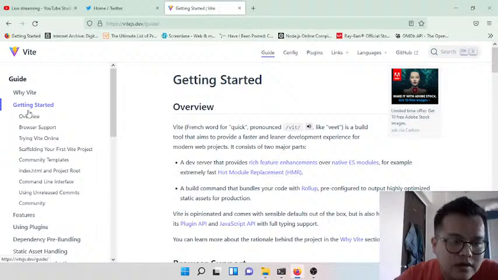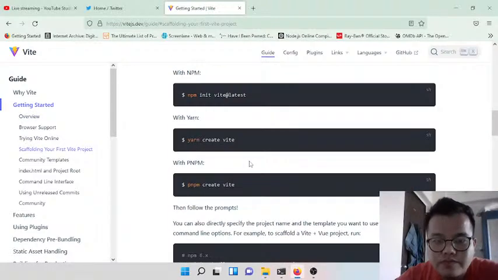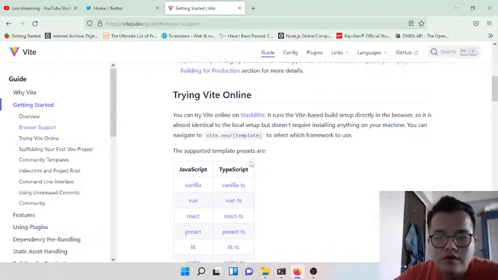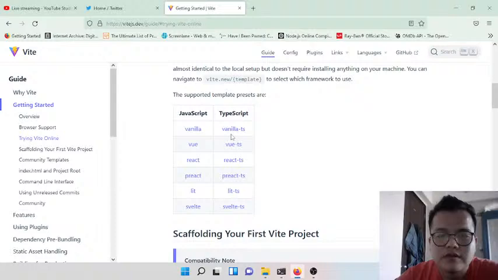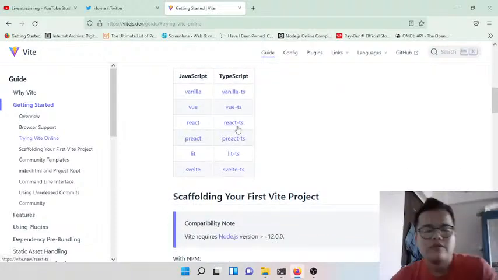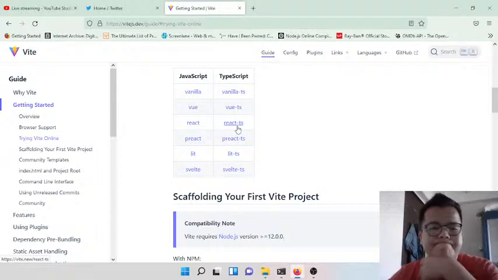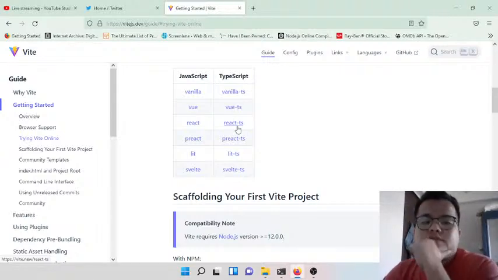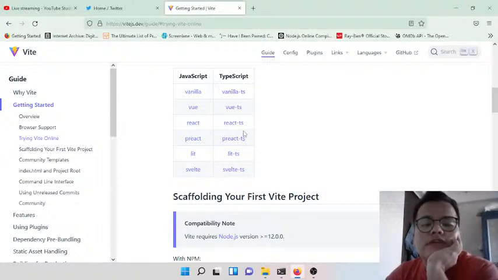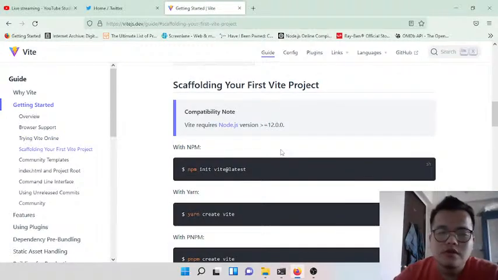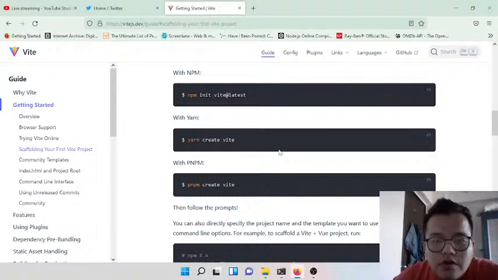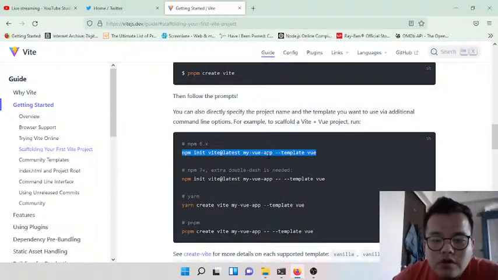Getting started. Overview. Here are some commands. Vite is not particularly tied to Vue, you don't have to use it with Vue. It can be used with vanilla JS, React, Preact, Svelte. As you can see, lots of options. First of all, we are going to make a